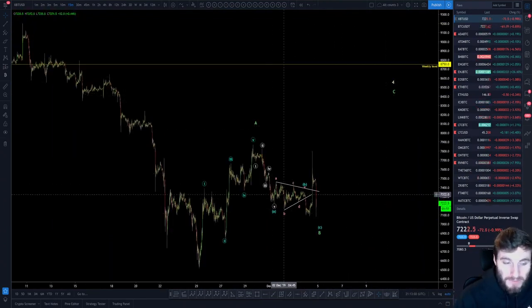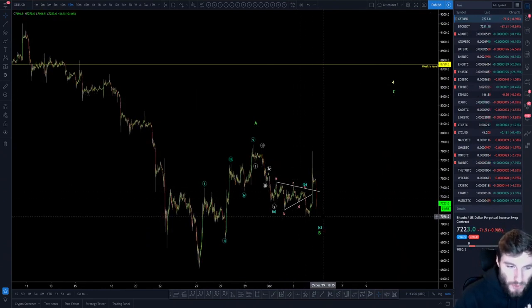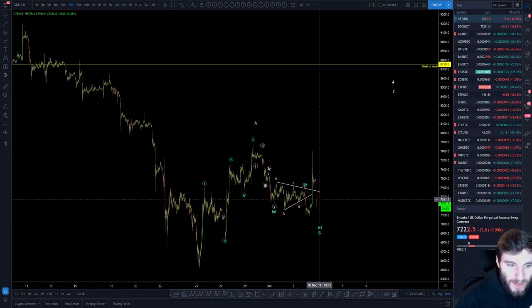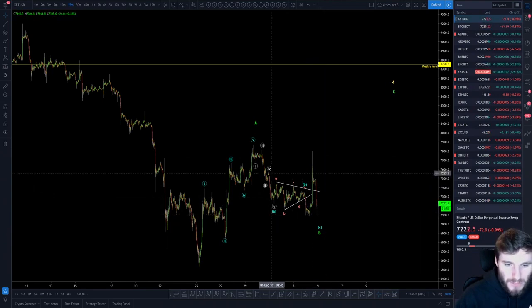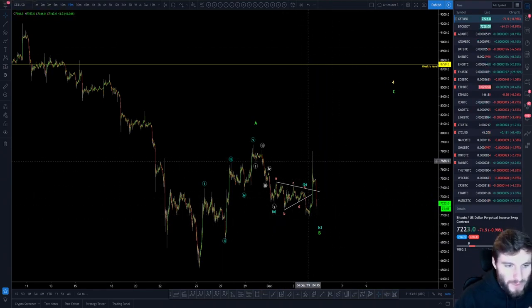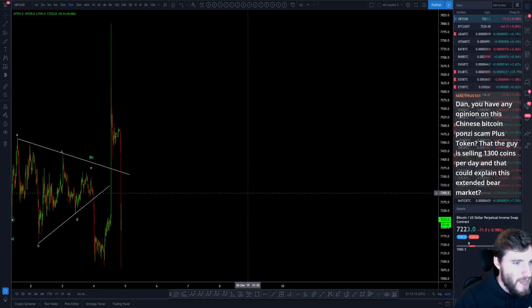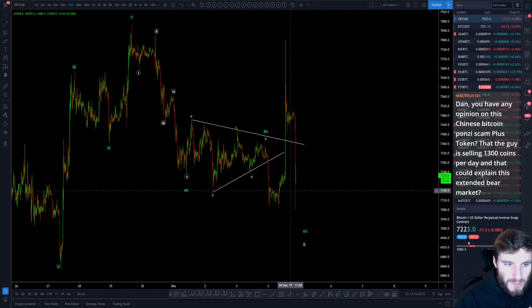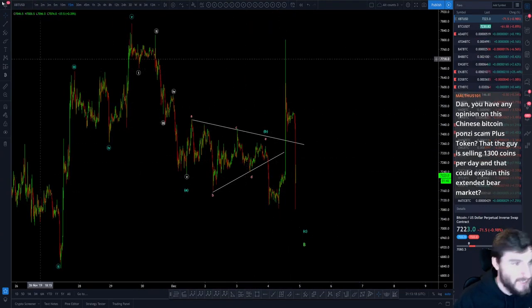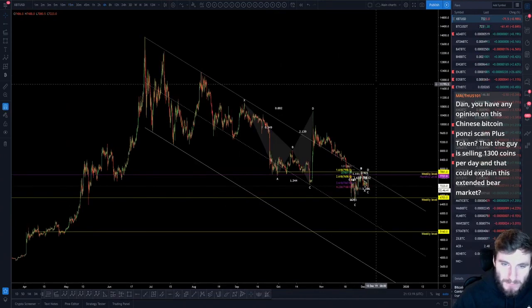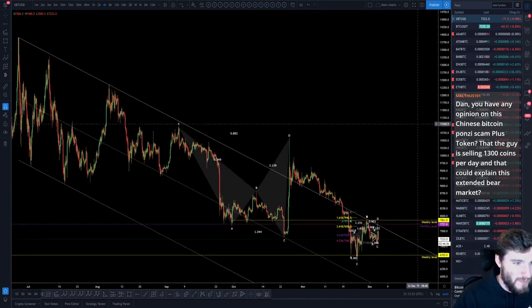Well, that count has been invalidated 100% because you've taken the low there. So it's no longer valid to remain like that. So I'd have to do a little bit of work on reviewing what's going on there in terms of getting a count. But just to say, that's difficult to count because that is anomaly central. It's not too often you see massive pumps and dumps like that on crypto in such a short space of time. It's pretty rare.